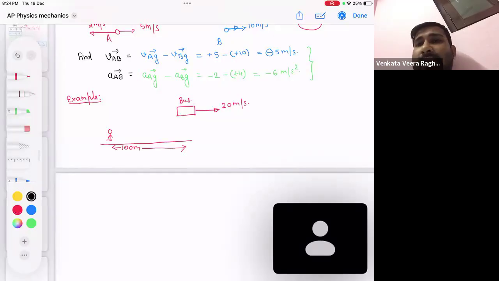Now what you did? You start accelerating. Your initial velocity is 0, that is, you are starting from rest, and you have an acceleration of 4 meter per second squared. So what are they asking in the question? Find the time taken by a person